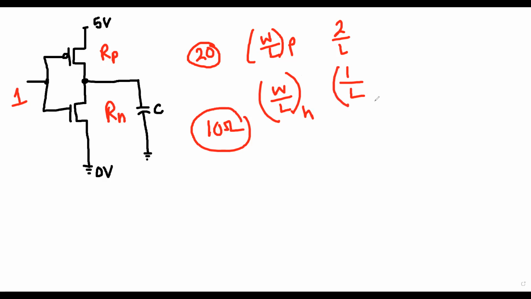So if the width is 1, this width also becomes what? Double, right? Because the resistance was double, so the width has to be double. So now, if you make the width 2, the resistance becomes smaller and becomes equal. Previously, when it was 20 ohm, it was 10 ohm. The sizing, that means W and L, was equal. That's why you got 20 at the top and 10 at the bottom. Now you want to make them equal.